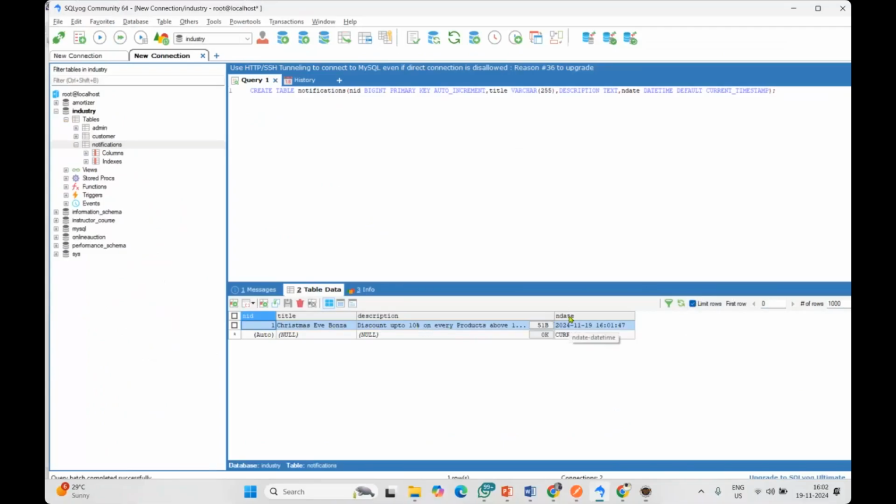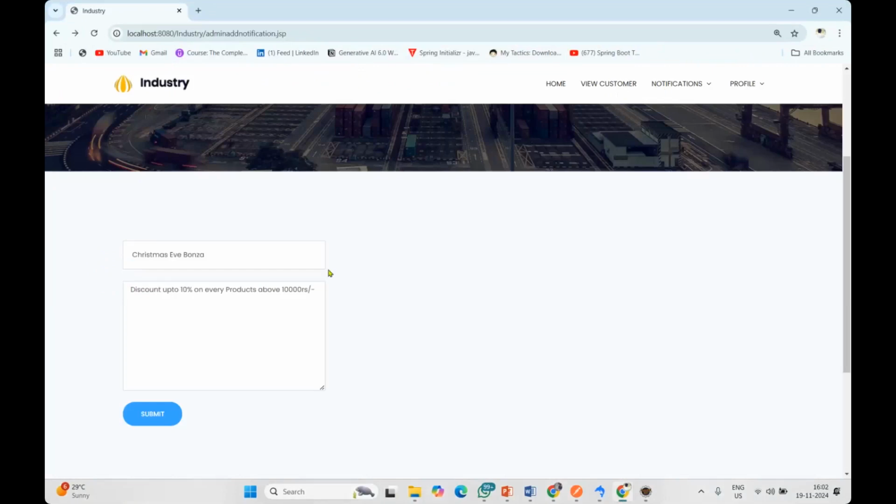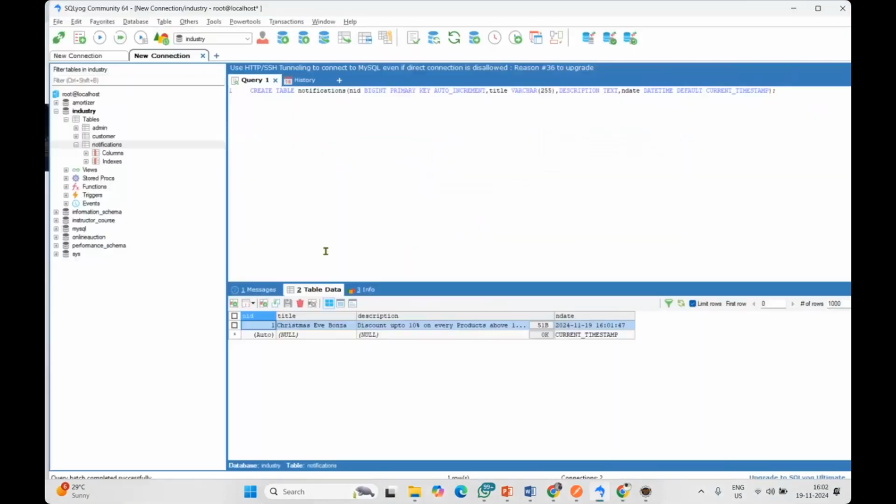And here see we didn't give any time or date in our notification, but in our database we can store at what time and at what date the data was inserted into the database. That date we can store by using the end date, and time is a data type. By default we need to store the current timestamp, so for that reason it has stored today's date and